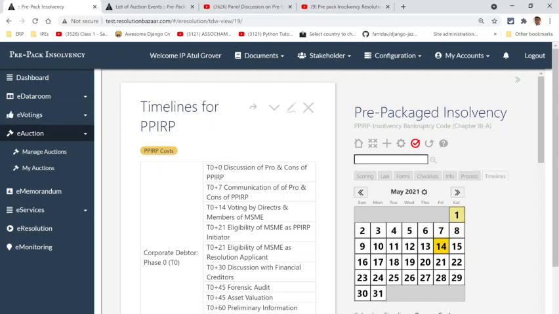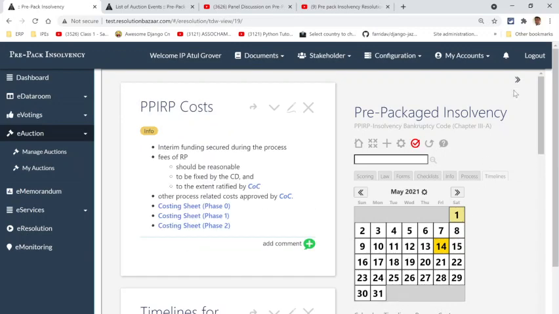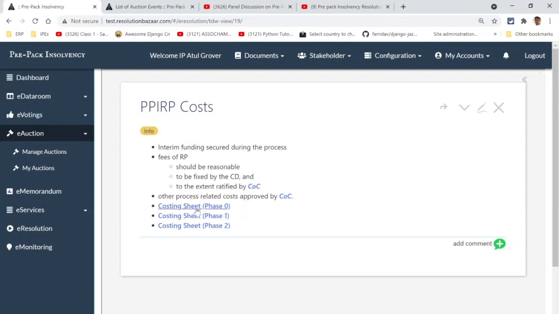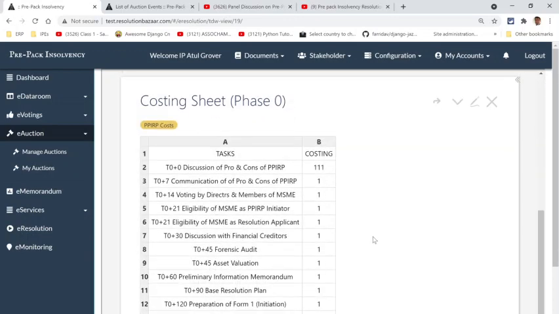Now, we have gone through the calendars, we've gone through the timelines. We can go through the process cost. Let me tell you what the process cost is, because a lot of people have asked us how much it's going to cost. As I said, the cost is in phase 1, phase 2, and phase 3. I haven't put in the numbers here, so let's go through this as an example, and I'll have to get back to you with some realistic numbers.